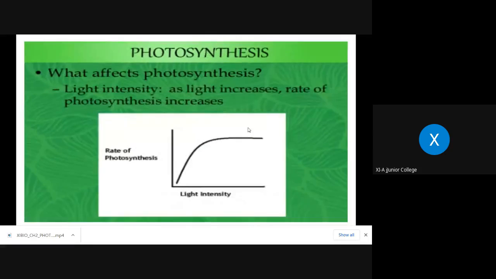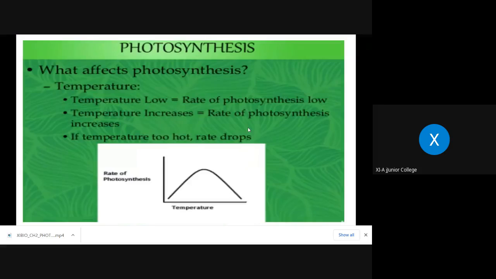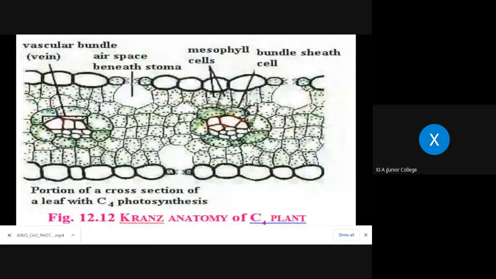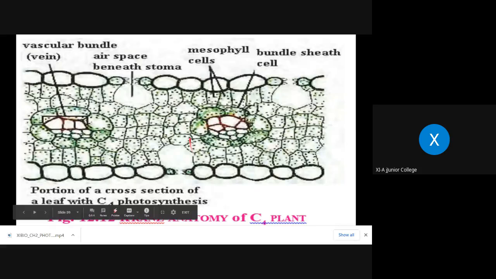So what is done in bundle sheath cells? Which pathway is seen in the bundle sheath cells? C3 pathway. Whereas in mesophyll cells, which pathway is seen? C4 pathway. Because of this Kranz anatomy, or the anatomical adaptations shown by C4 plants, they perform the process of photosynthesis in an alternative manner, even with less availability of CO2.